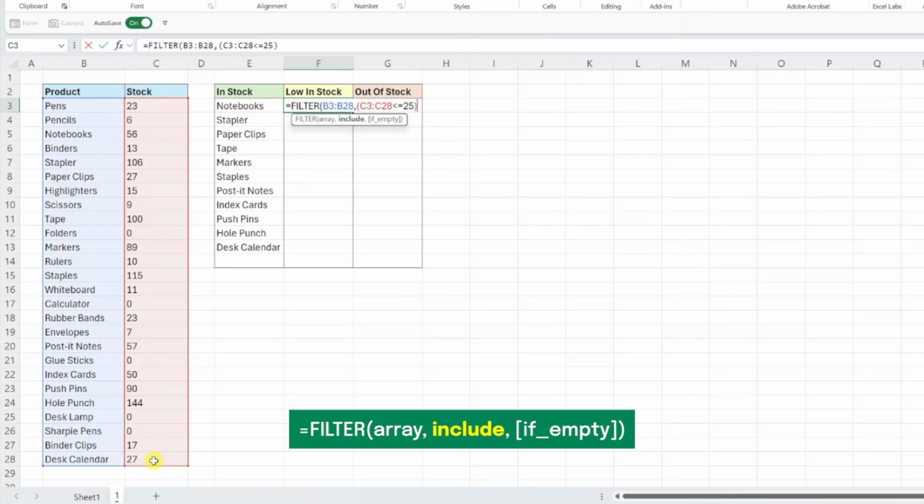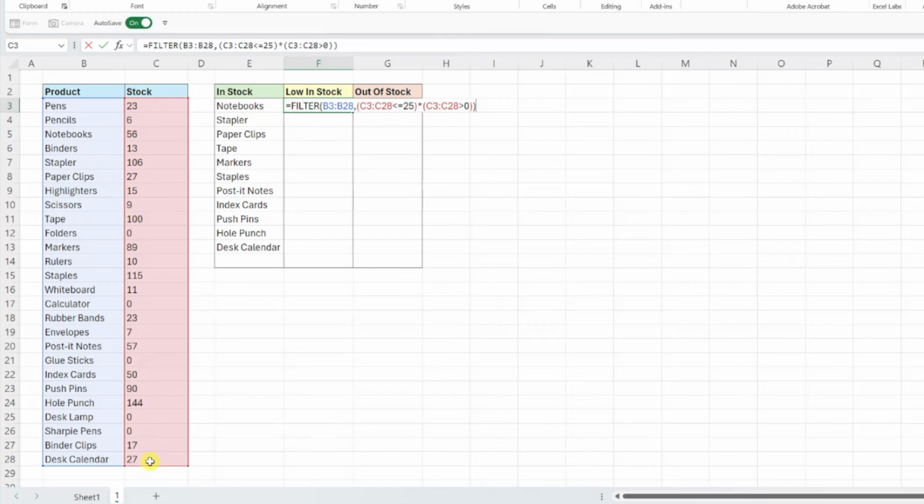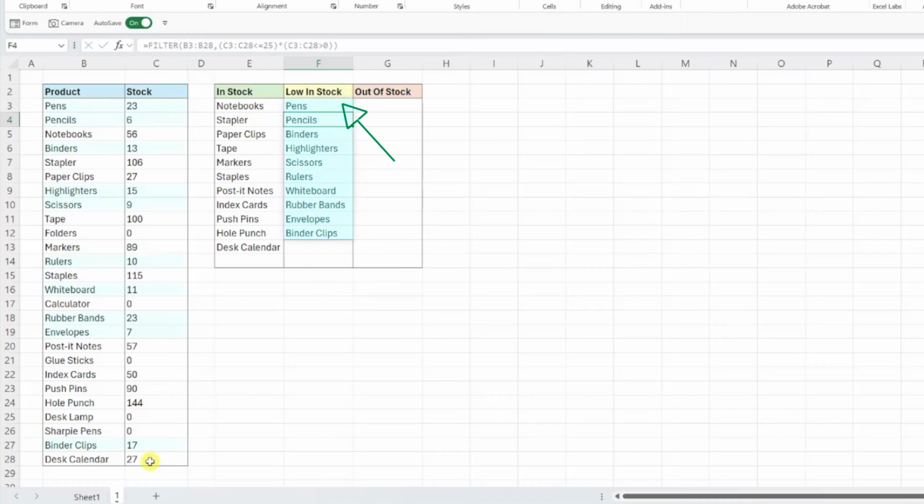Now we need to multiply this by the second criteria to apply both filters. So I'm going to enter a multiplication symbol and then enter the second criteria in parentheses by selecting the stock column again, and this time entering greater than 0. Now that we've included both filters in the include argument, we can enter the function to return all low stock